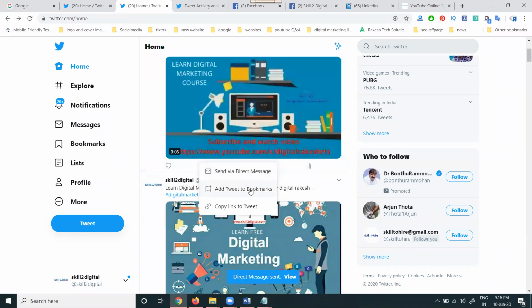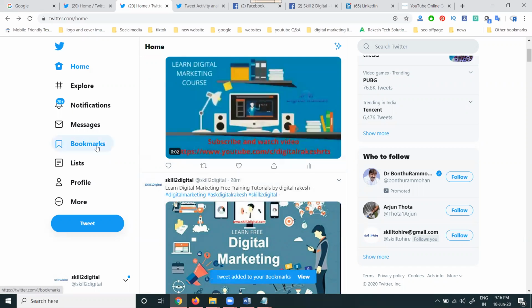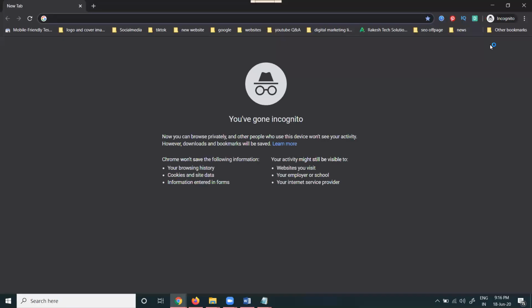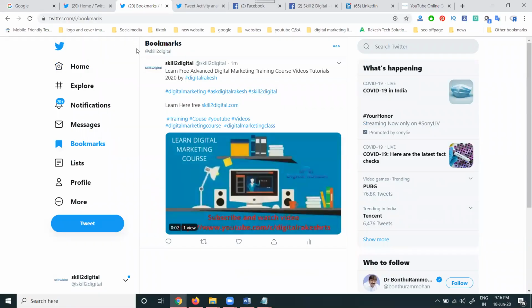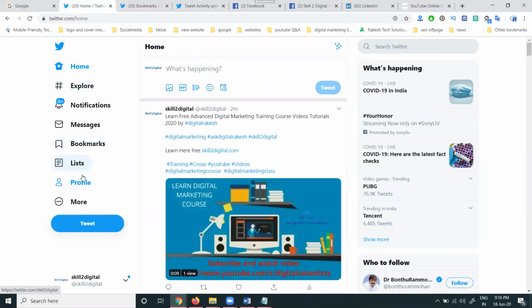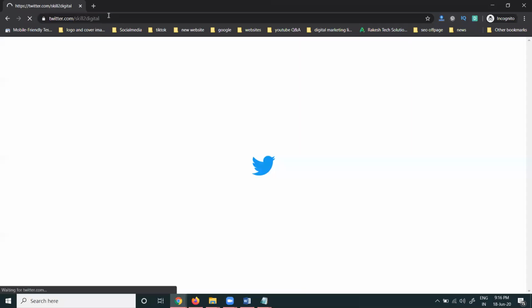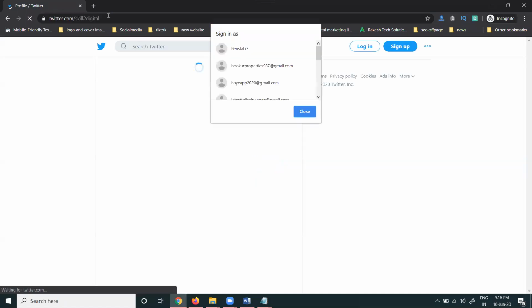Next is add tweet to bookmarks. In this bookmark we can add it. Now going to your bookmarks, it is always saved in the bookmark option. Suppose I open a new tab, just click profile. Nobody else can log into my Twitter.